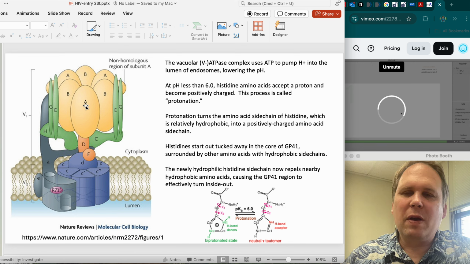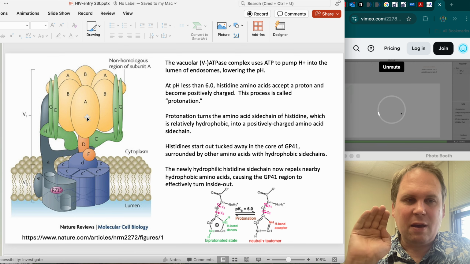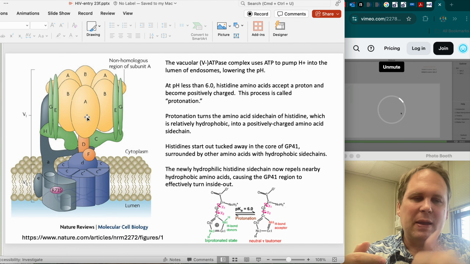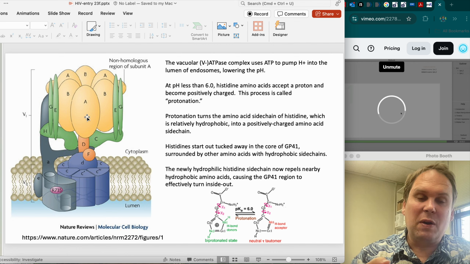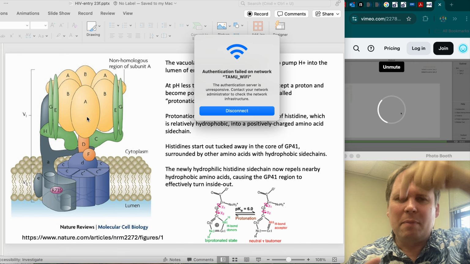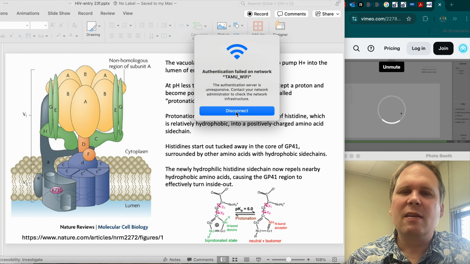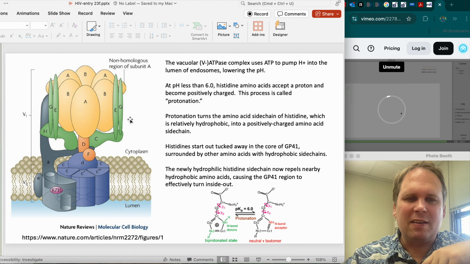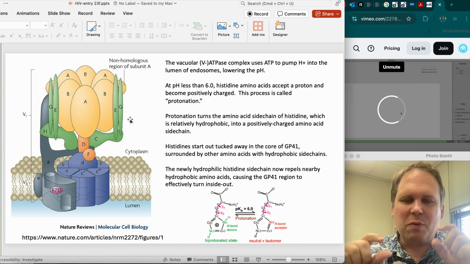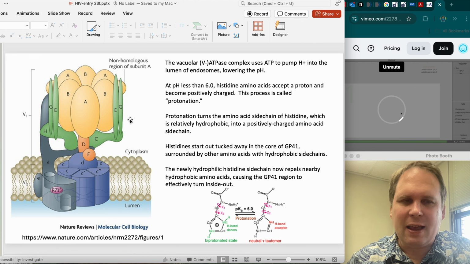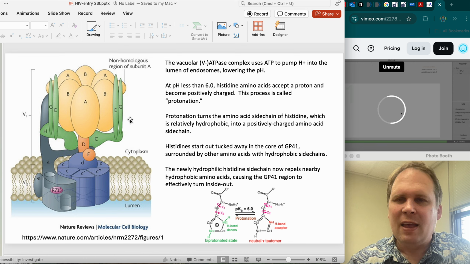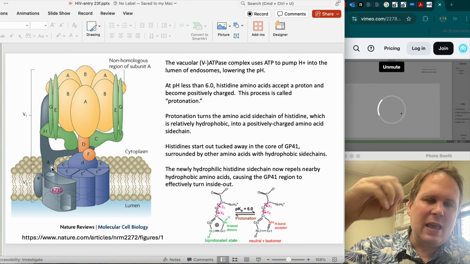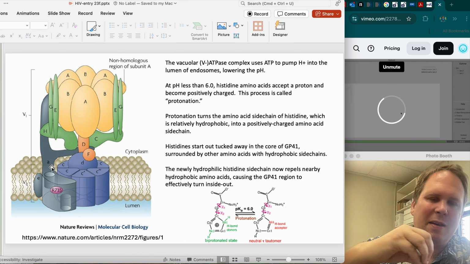This thing is going to spin around, and it's actually a relative of the protein that makes ATP for us by pumping hydrogen out. In this case, we're going to spin the opposite way, I think. Pump hydrogen in. And once we pump hydrogen into the vesicle, that's going to reduce the pH. We're going to have a lot of H+, little hydrogen ions floating around inside the vesicle. And we're going to spend ATP to do this. This is going to lower the pH of the vesicle, so it gets lower, lower, lower,